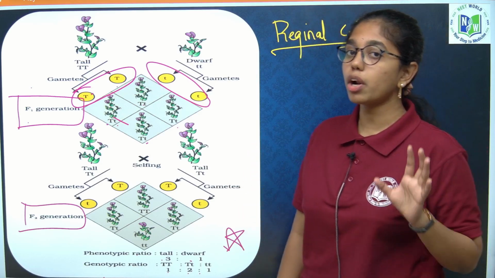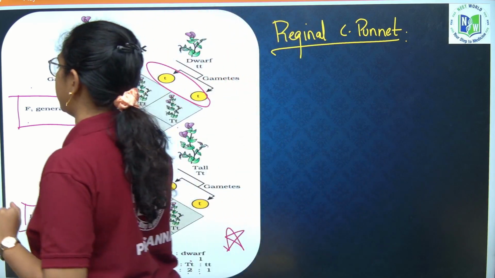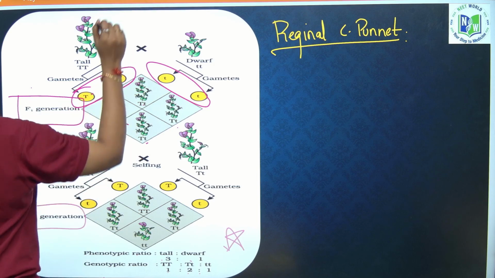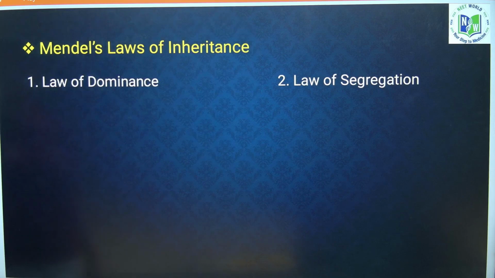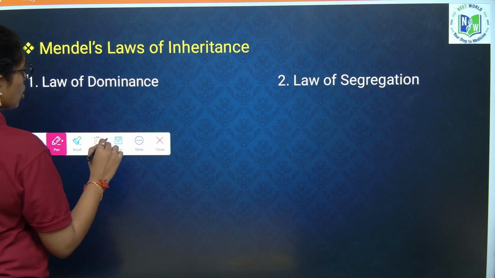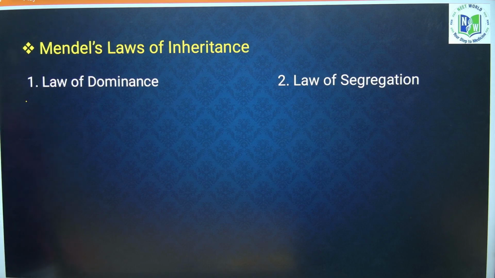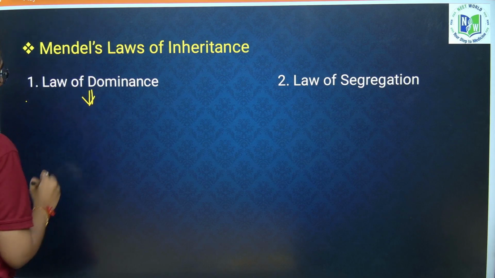So, you have to remember all the 7 traits and characters. So, yes, from this monohybrid cross, Mendel has given us 2 laws. Mendel has given us how many laws? 2 laws. One is the law of dominance and the other is the law of segregation. The law of dominance always says that